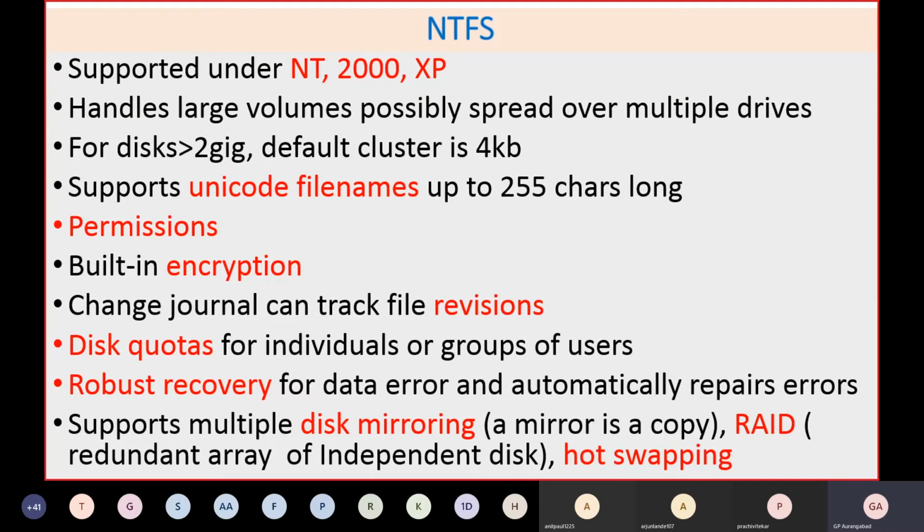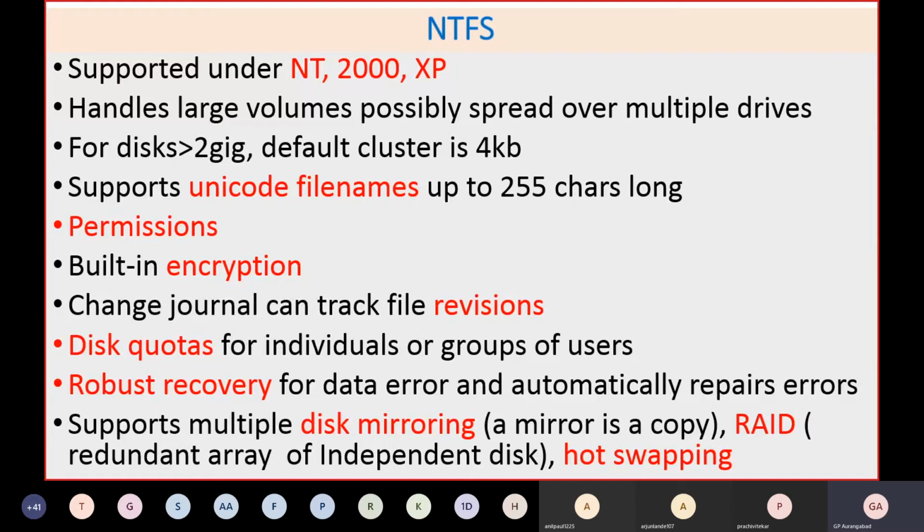Another way of using a hard disk in a server system is called RAID, that is, a redundant array of independent disks. That RAID technology is used. In this RAID technology, 3 to 5 hard disks are stacked one above the other, and the server is running continuously, and whatever data there is, it is backed up on multiple disks. If any disk fails, then this disk can be removed immediately without shutting down your server, and that is called hot swapping, which is possible in case of the NTFS system.